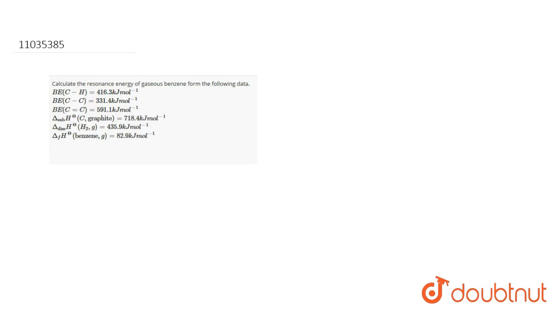तो अगर हम इन तीनों गिवन डेटा को रिएक्शन इन टर्म्स ऑफ इक्वेशन लिखे, तो अगर हम हीट ऑफ सब्लिमेशन ऑफ ग्रेफाइट लिखते हैं तो it would be 6C of graphite will give 6C of gaseous, and delta H naught for this would be